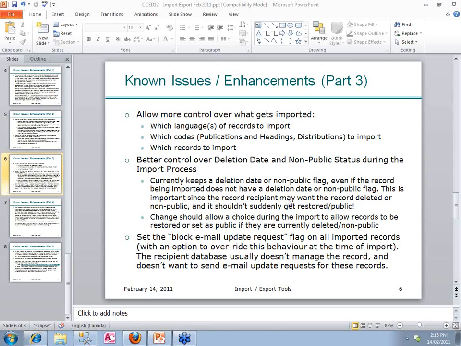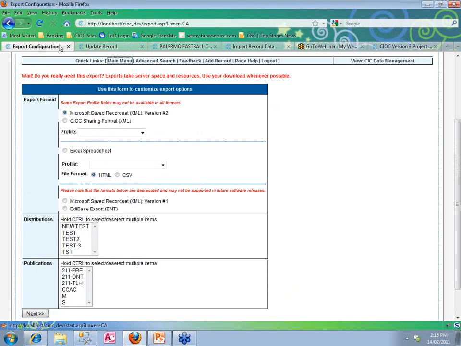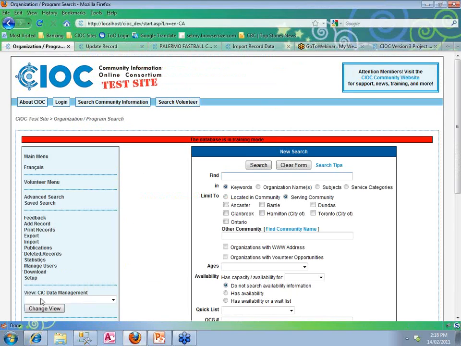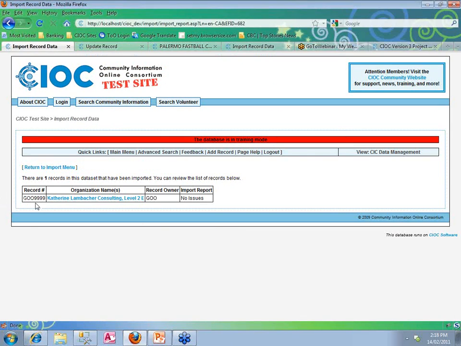So you would get the report in the same way that when I run an import now, I can get access to a report that tells me about the imports that I've done, right? So I can see my completed report that says which records were imported and if there were any issues during the import. So you would still get access to that kind of reporting